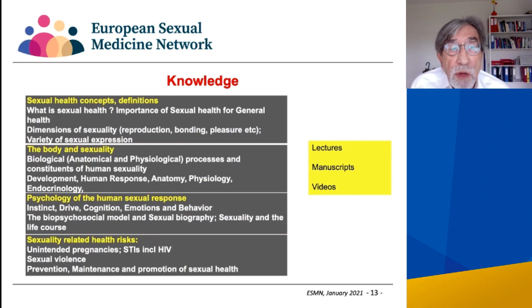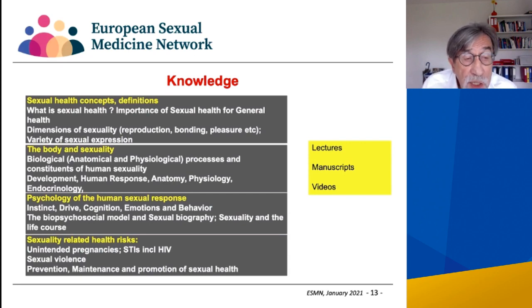Let me first talk about the knowledge. We were discussing this in our group, and we finally came to the conclusion that knowledge should include basically 8 topics. One topic is sexual health concepts, the definitions. What is sexual health? The importance of sexual health for general health, the different dimensions of sexuality, and the variety of sexual